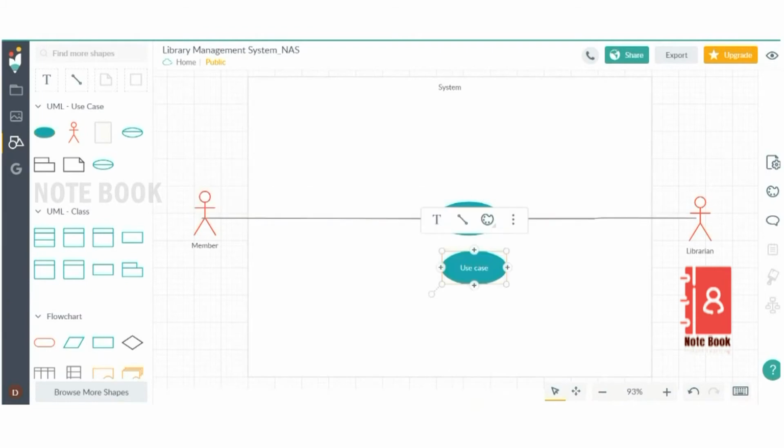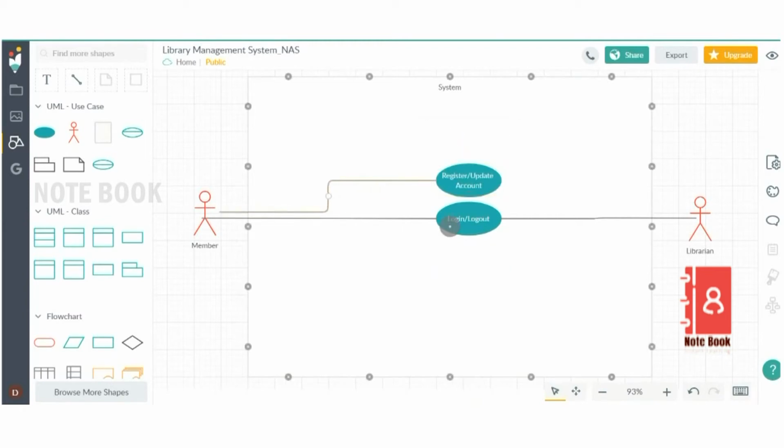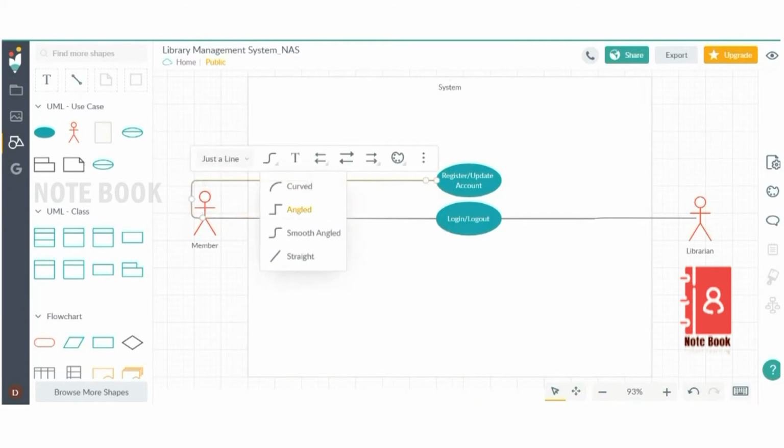There is a connector which connects the use case with an actor. Here, if you click on this use case, you will get these options: edit text, draw connector, and style.